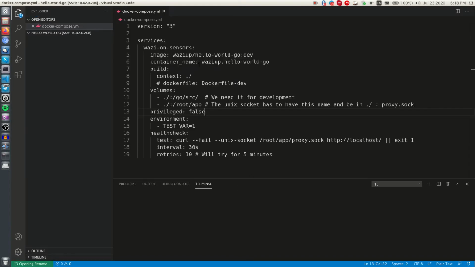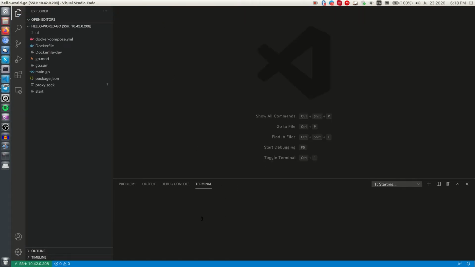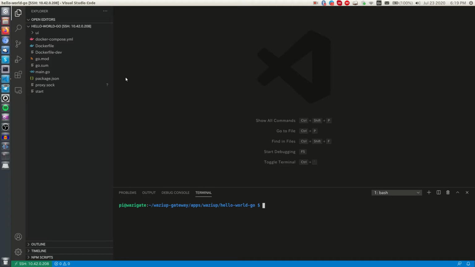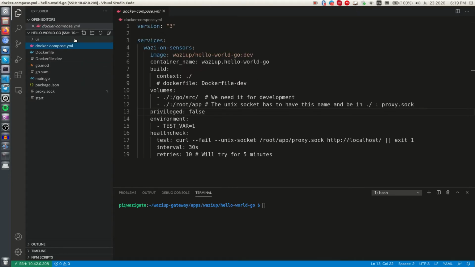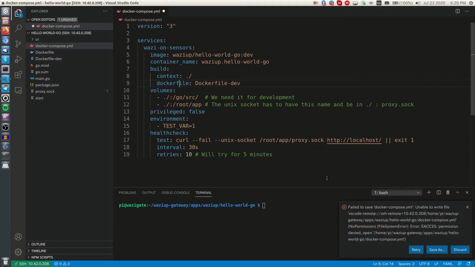We need to prepare the app for the development. Let's open the Docker Compose file, which is docker-compose.yml, and uncomment this line, which builds the container in the developer mode. Let's save it. When we want to save this file, it says that we don't have enough permissions to store